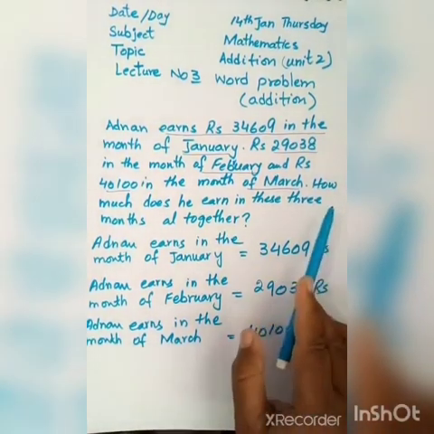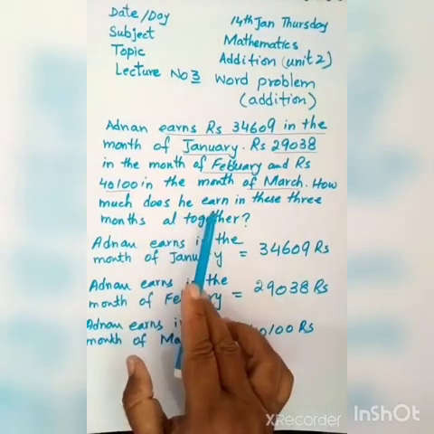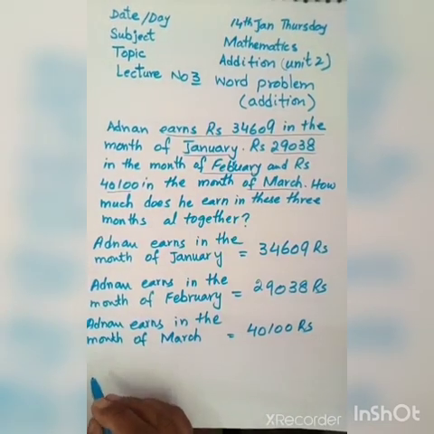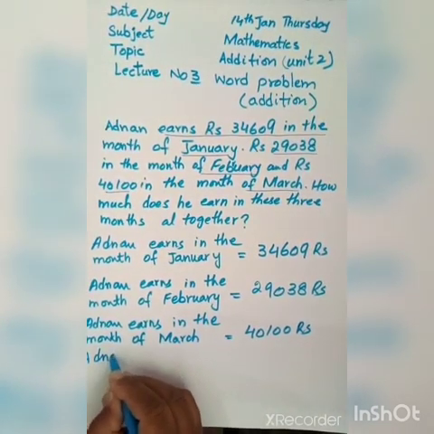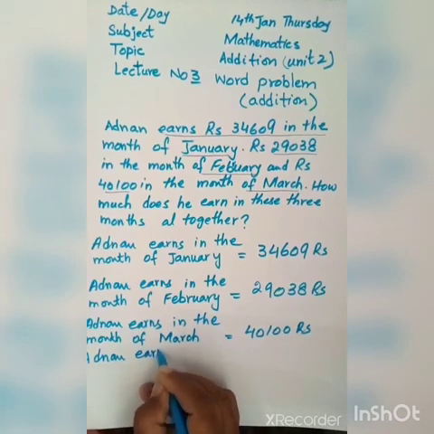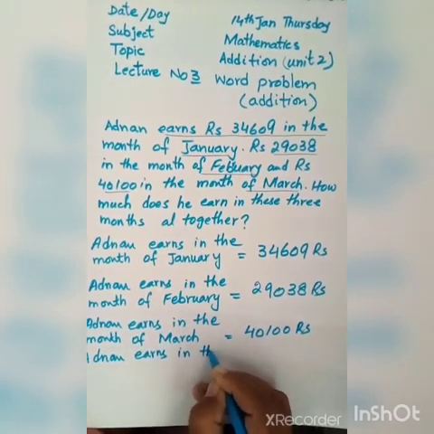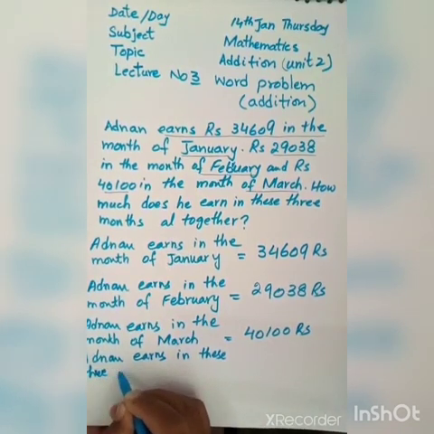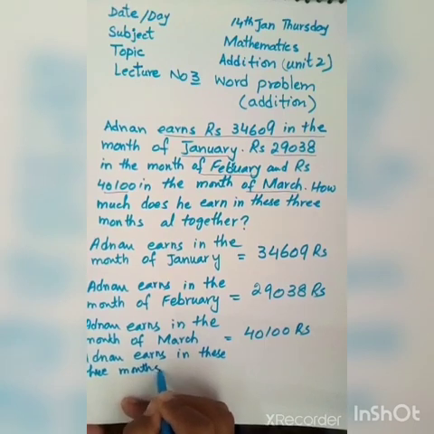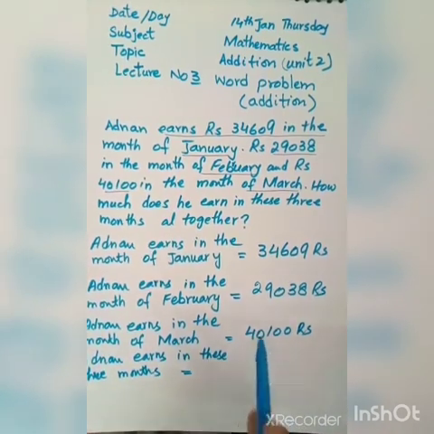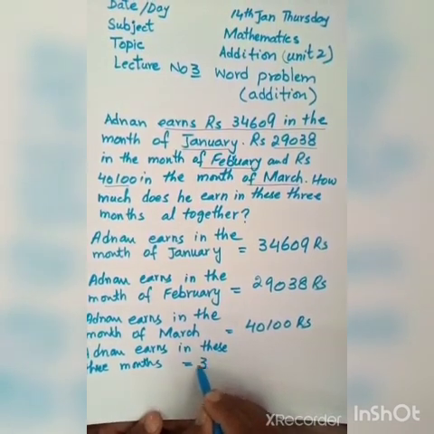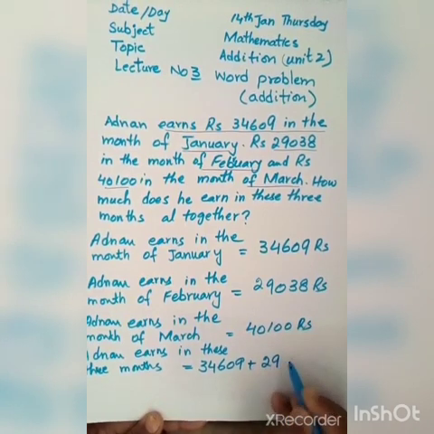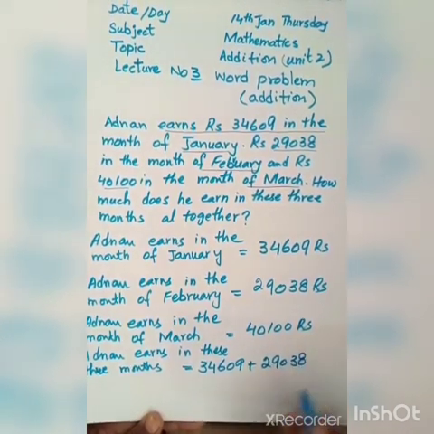The last statement is how much does he earn in these 3 months altogether? So what will we write here? Adnan earns in these 3 months. Yes, the first number is 34,609 plus 29,038 plus